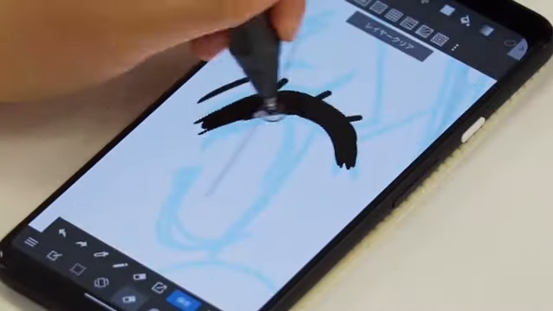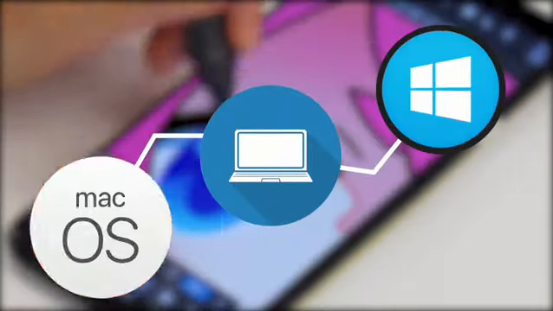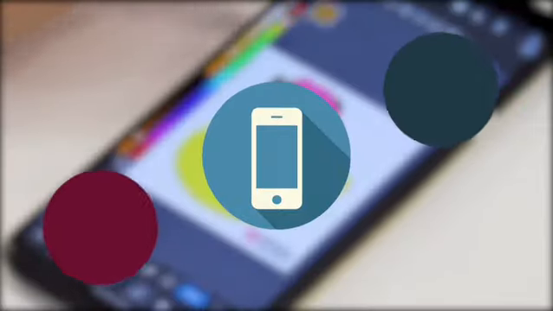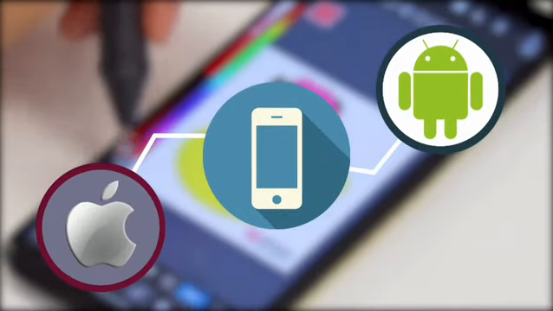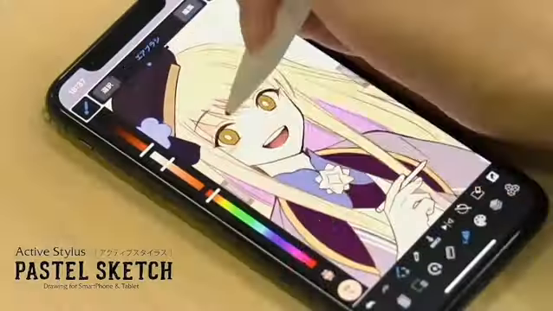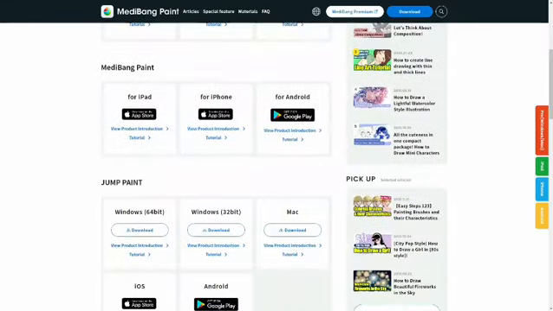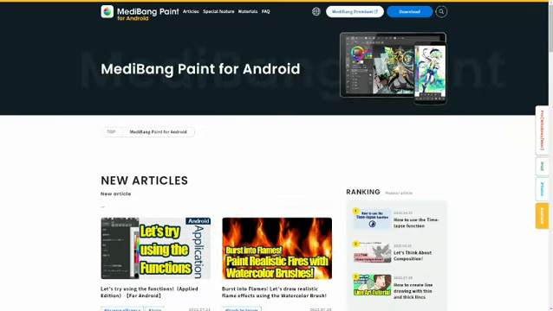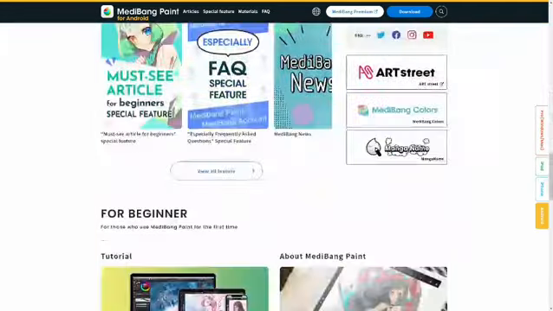Medibang Paint is a raster graphics editor created by Medibang Inc. The app is available on PC, both in Windows and Mac OS, and on both Android and iOS devices. Medibang Paint is perfect for illustration, painting, and comic creation. This great all-in-one app is for free. You will get the ad here and there, but it's worth it for an app with this much diversity in